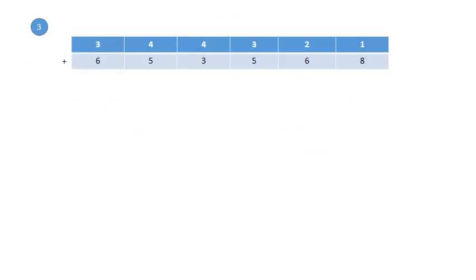Question number 3. Okay, now students, here this is already given to you. It is arranged in a vertical form. You are supposed to just add. Come on, students, just add. What is 8 plus 1? We start from the right and move towards the higher place value on the left. This is the way we are going to add.